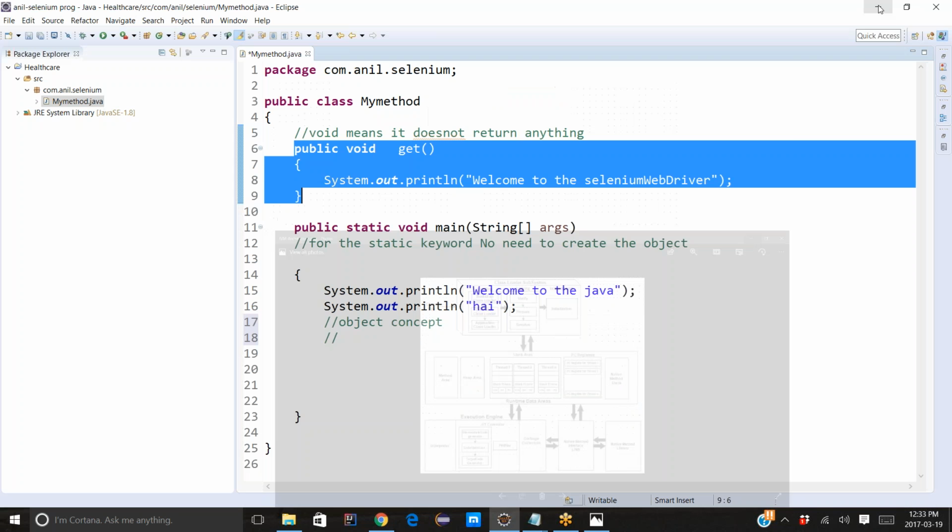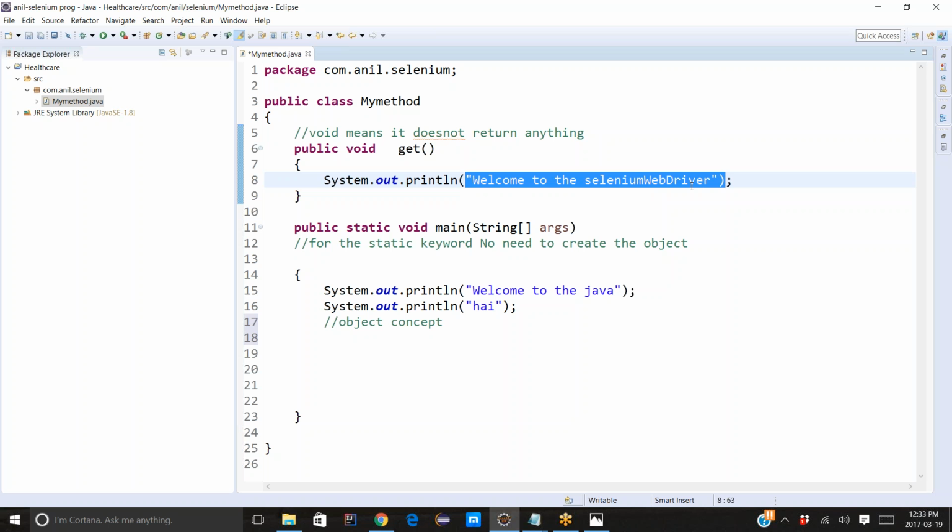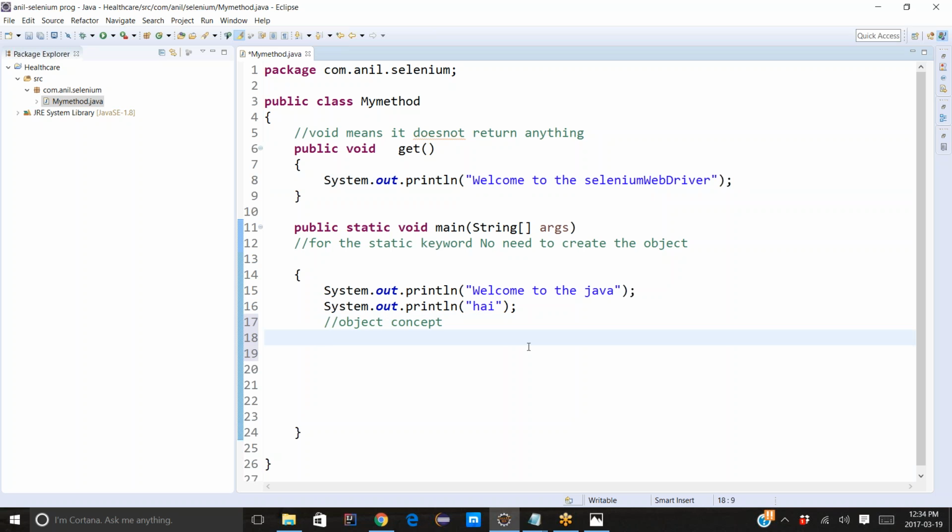Now let us see here. You just need to understand the architecture, that's it. Don't think much about JVM architecture. Now let us see here. Our agenda is to print a simple program, to print "Welcome to Selenium WebDriver". That is the reason I am creating